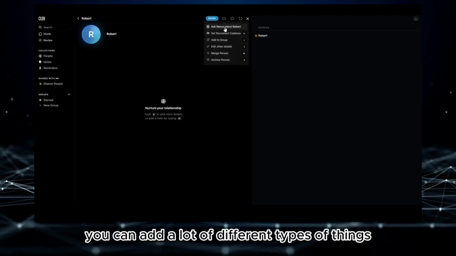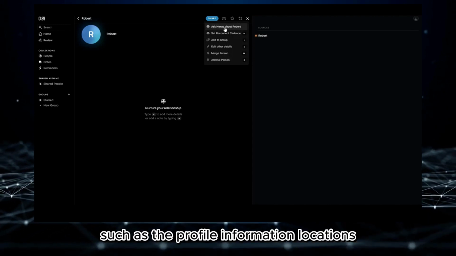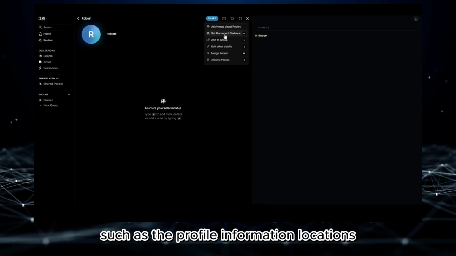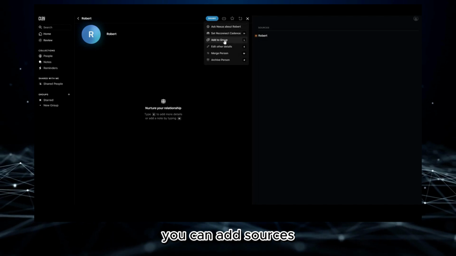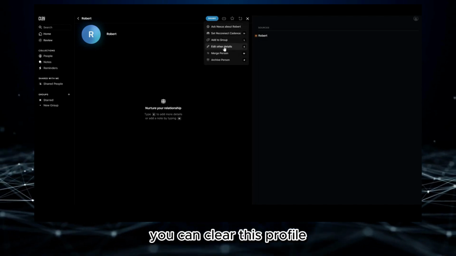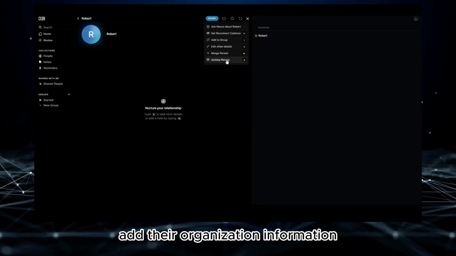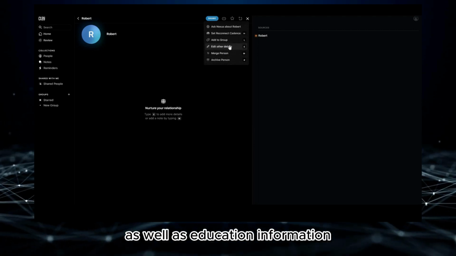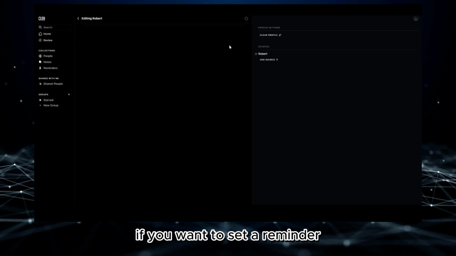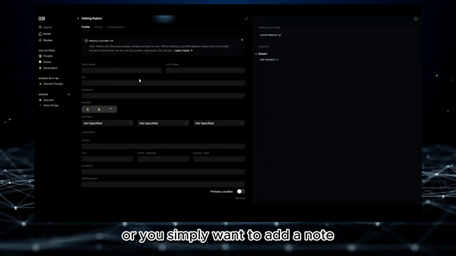Now you can add a lot of different types of things, such as the profile information, locations. You can add sources. You can clear this profile. You can add their social medias. You can even add their organization information as well as education information. If you want to set a reminder or you simply want to add a note,